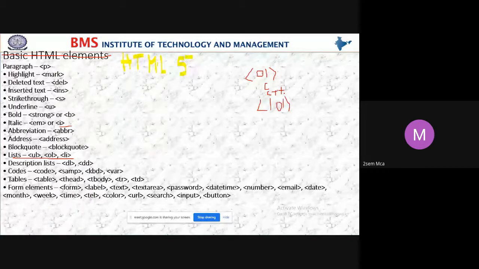Will it work? No, ma'am. Why? Because to include any item, we need an LI, list item. Here also, for each item I have to use LI, opening of LI, closing of LI.